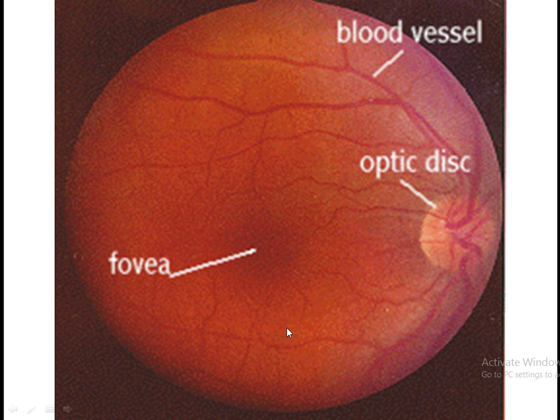Maybe you are shining light here, maybe here, this part, you are seeing this part of the retina, or here. So how will you check the presence of the optic disc? How are you going to identify it? The best way is to go with the artery. Focus on any artery or its branch, then traverse the whole of the pathway, and go to its original point from where it is emerging. This is the point of the optic disc.